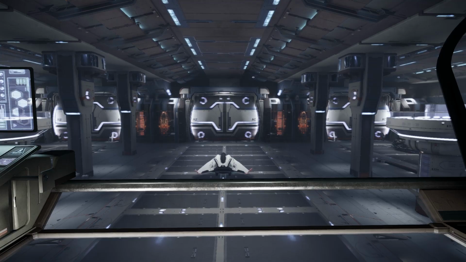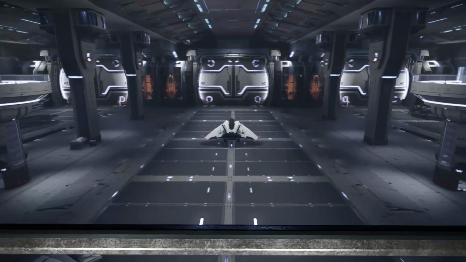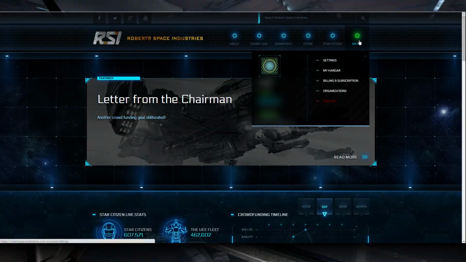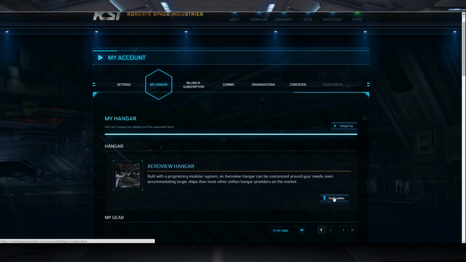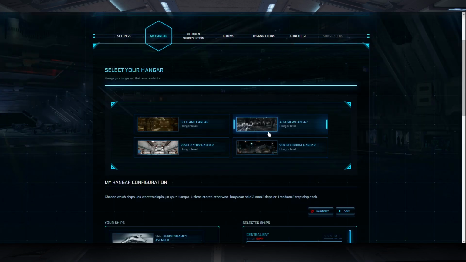Oh, by the way, if you do load into the game and find that your hangar is completely devoid of any of your ships, head over to the RSI website at the top right where it says My RSI. Go ahead and click on My Hangar. It'll take you to a new page, and wherever it shows your hangar, pretty near the top, there'll be a configuration button. Click that. You can choose whichever hangar you want to use out of the list, and then click